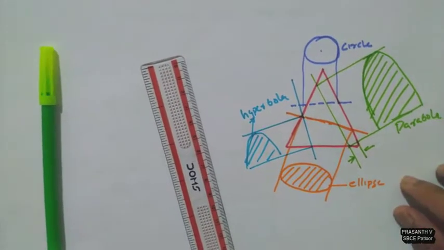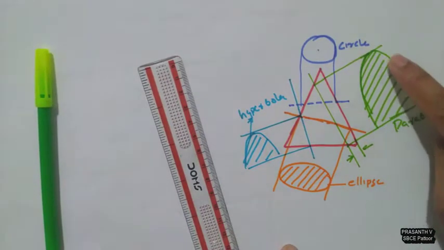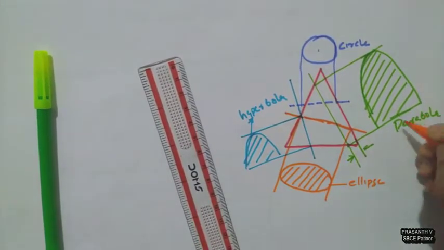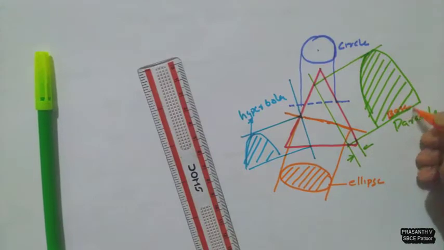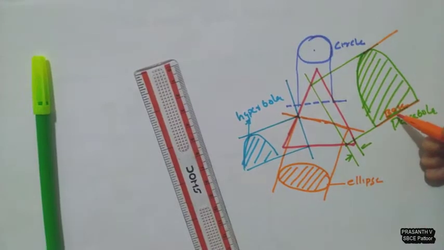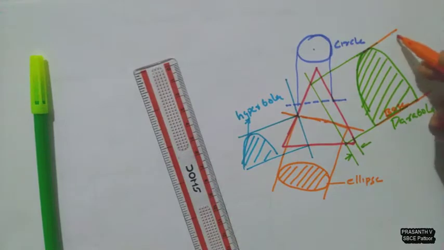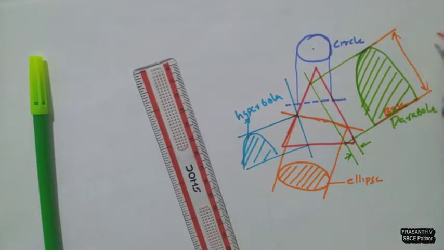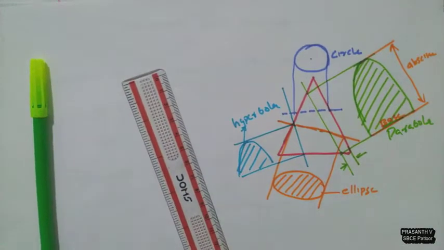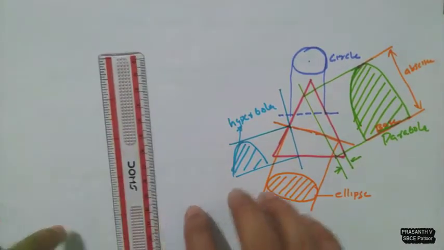So here in this question it is asked that the true shape of the section is a parabola. A parabola, which means this is the base of the parabola. Base means this distance is the base, and another term for it is double ordinate. The base is known as the double ordinate, and this is the height or abscissa. So this is the information about a parabola obtained by cutting a cone.